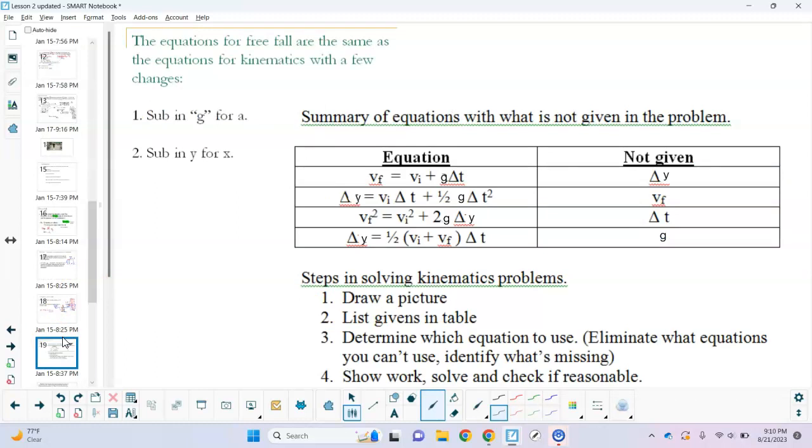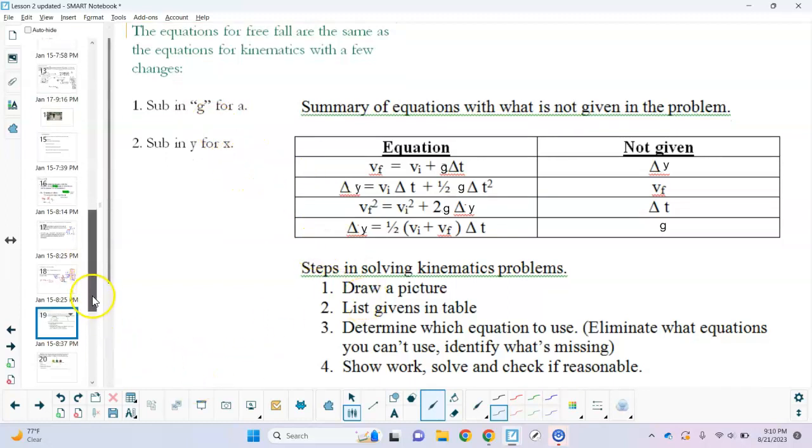just talking about the equations and the math, the equations for free fall are the same as the equations for 1D kinematics with just a few subtle changes. So we change the acceleration to gravity substituted in for A. So we use G for A, and G on Earth is always going to be negative 9.8. And then for X, we did horizontal motion. This is vertical, so it's Y. So we're going to change in Y. So if you look at these equations, they're all the same equations. We have just small differences: X gets changed for a Y and A gets changed for a G. The steps in solving are also the same. So we'll pick this back up